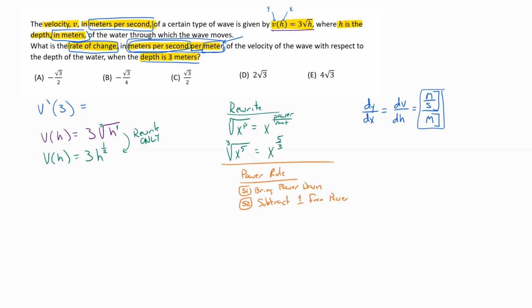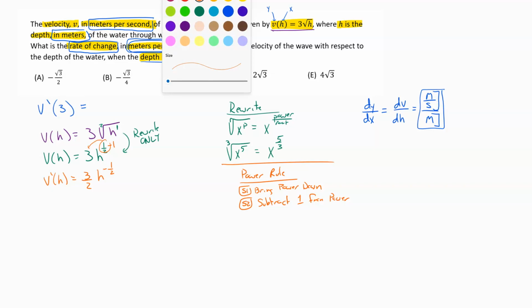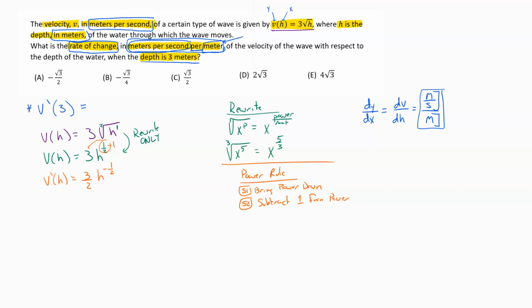So following our power rule on this problem, we would bring the 1/2 down. So v prime of h, 3 times 1/2 would get us 3/2 h, subtract 1 from the power, 1/2 minus 1 would get us -1/2. Then what we're going to want to do now is we needed to go find out what is v prime